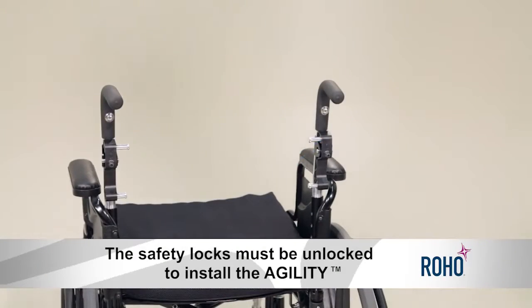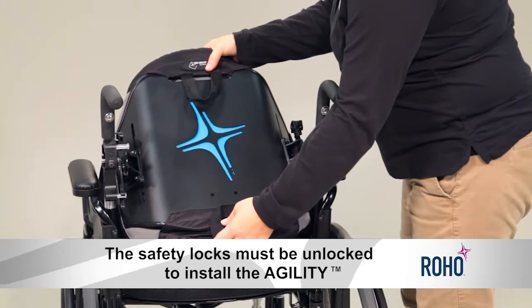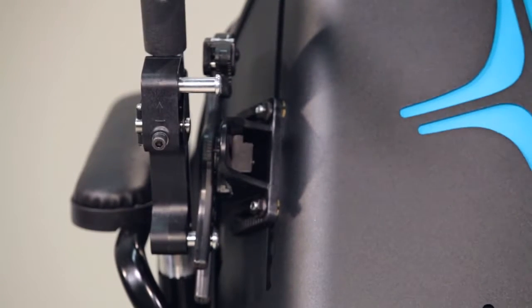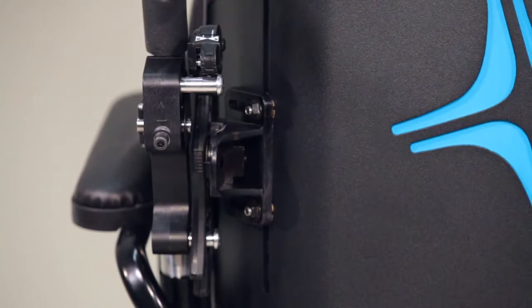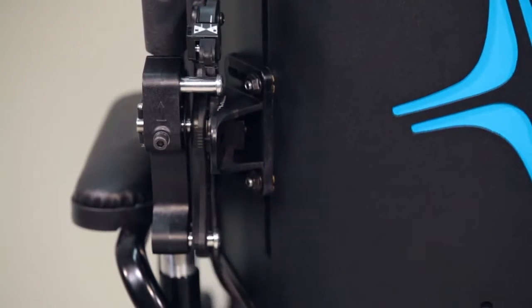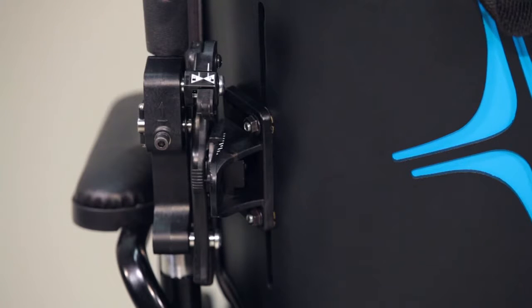Don't forget the safety locks must be unlocked in order to install the Agility. Tilt the top of the back shell towards the front of the chair. Hook the lower ends of the double hooks onto the lower pins of the back cane brackets. Tilt the back shell toward the back canes until the latches rest on the upper pins. Continue to pull the backrest over the top pins, allowing the curved latch to ride up and over the upper